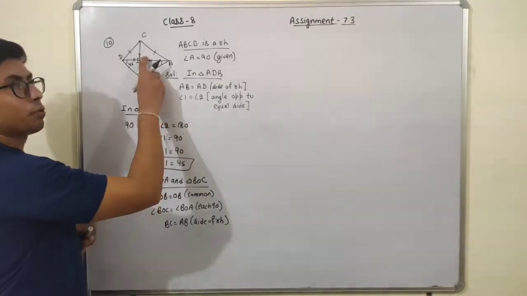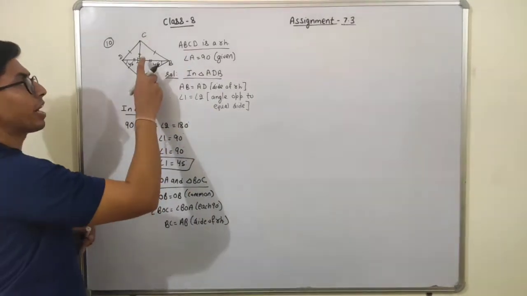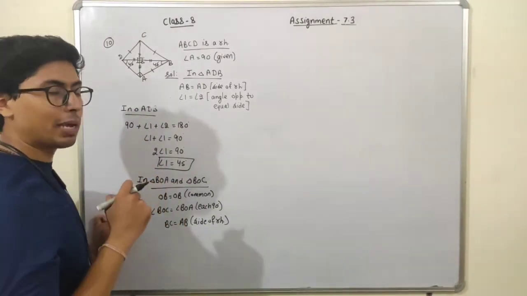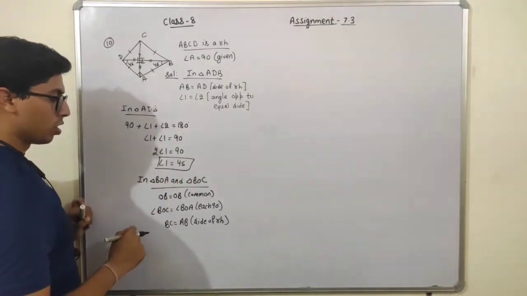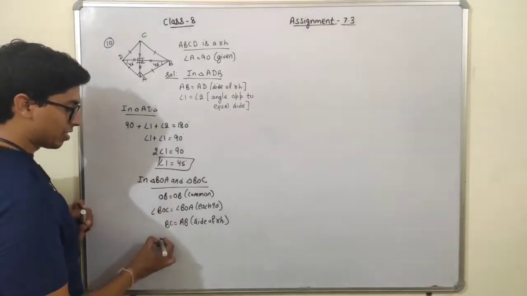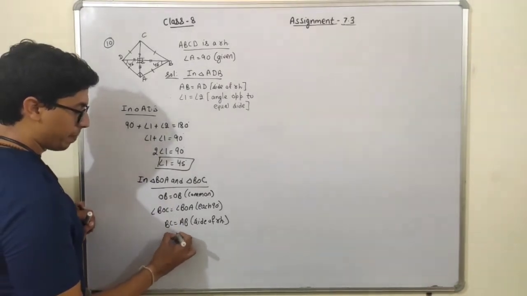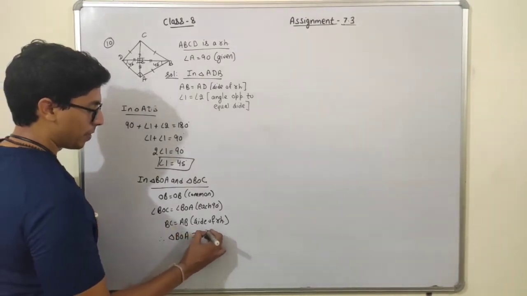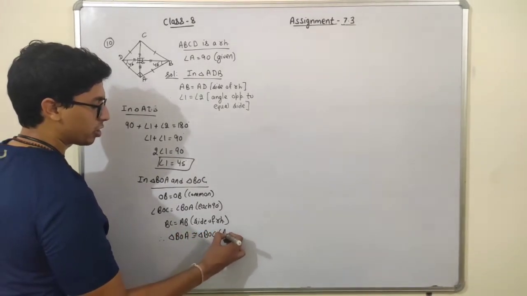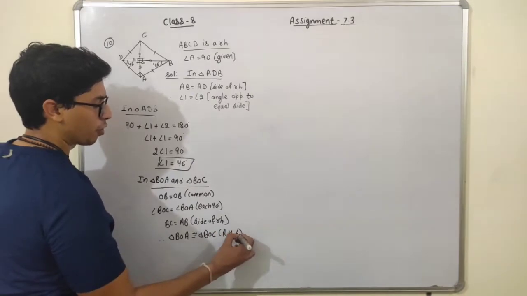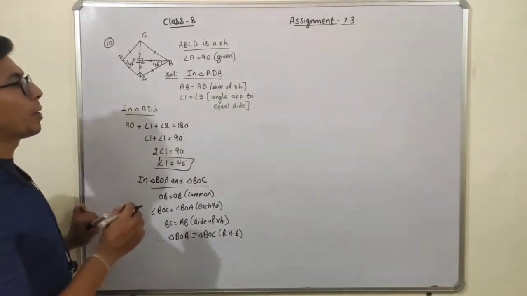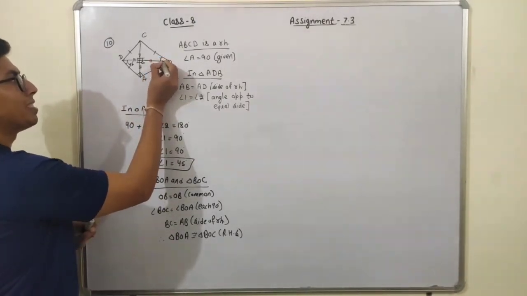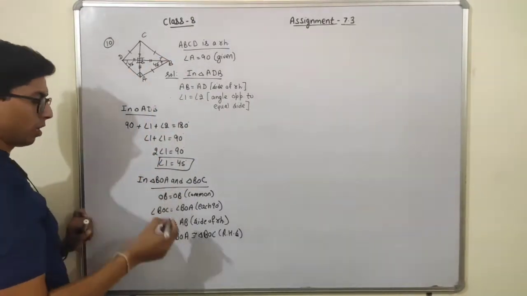So on the 90 degree angle, I am using the side opposite to the right angle. The side opposite to the right angle is the hypotenuse. So the hypotenuse, and I am using another side also. So I can say that triangle BOA is congruent to triangle BOC by the RHS property, the right angle, hypotenuse, side property. After proving this, students, by CPCT I can say that these two angles are equal.